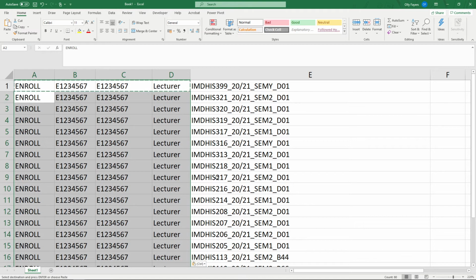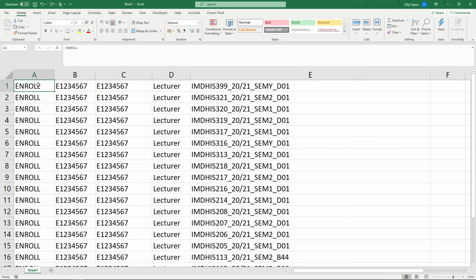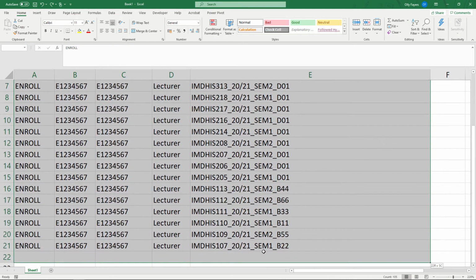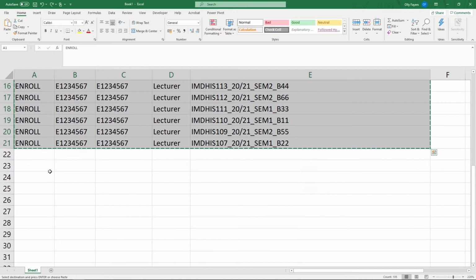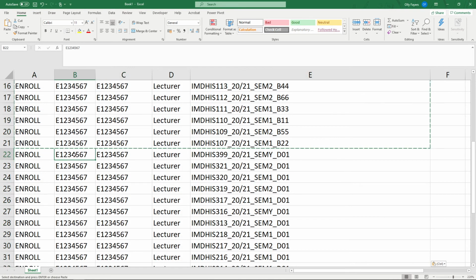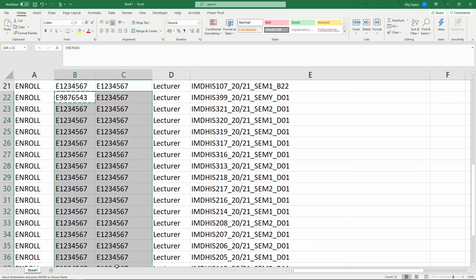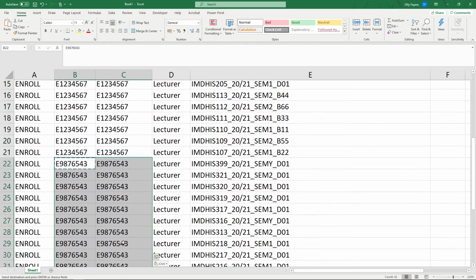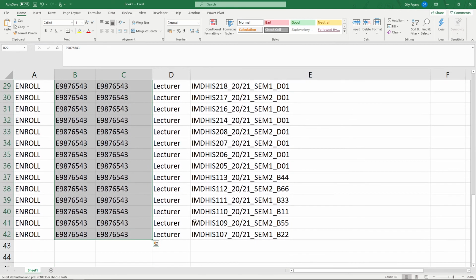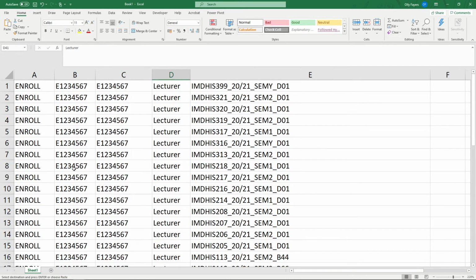It might be that we want to enroll another lecturer on those modules, so to do that I'm just going to copy all of those 21 rows and then paste them, and this time I am going to change the lecturer's username and copy that so that it's in every single row for each module again. That's then done. So as it stands, this spreadsheet will enroll 2 lecturers on every history module in 2021.